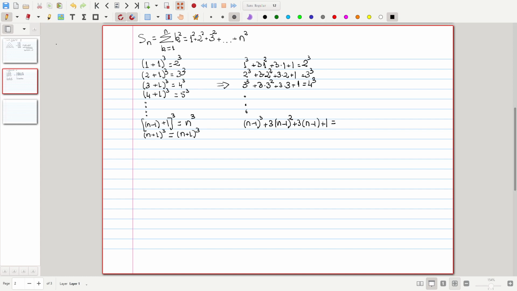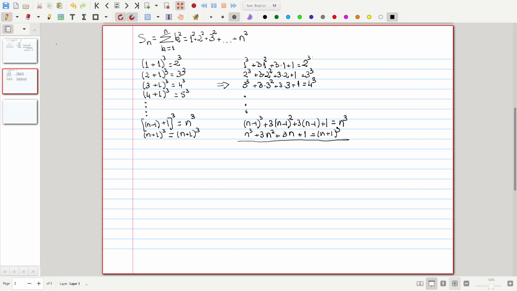It is equal to n cube, and last we have n cube plus 3n squared plus 3n plus 1 equal to (n plus 1) to the cube. Then I have to delete some terms, so the next step is to add all these